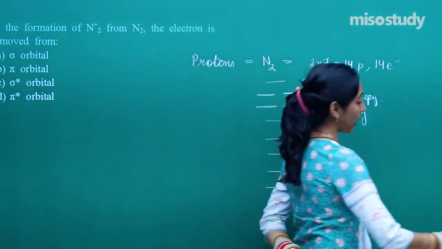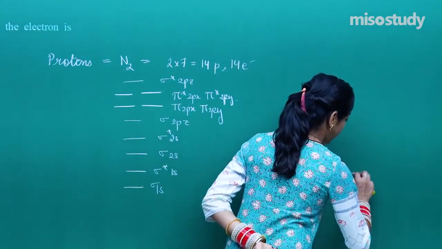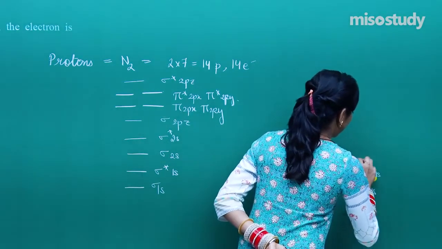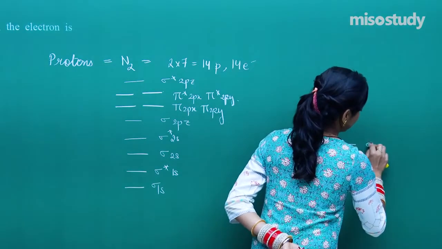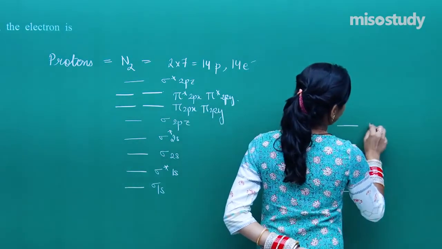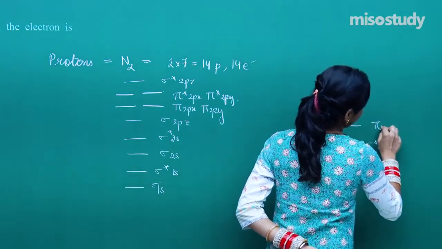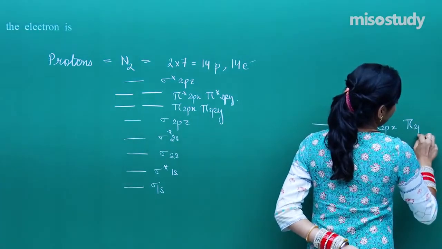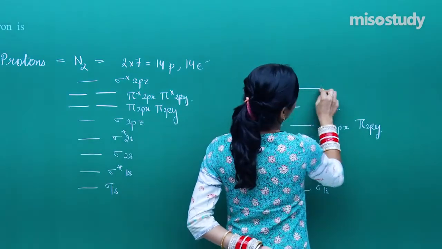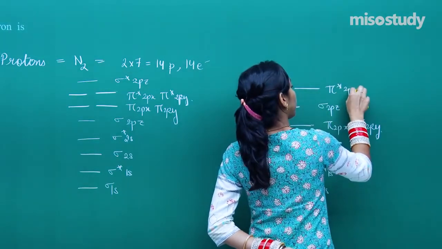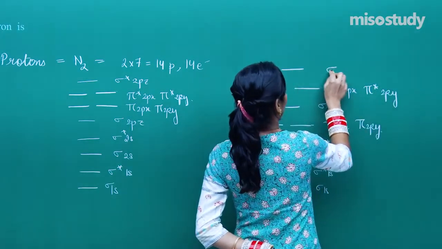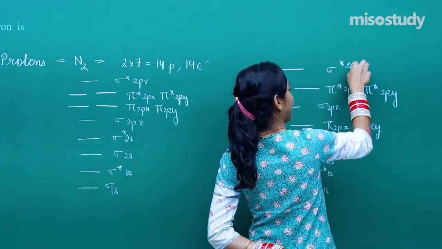And the other diagram that we have for molecular orbital is sigma 1s, sigma star 1s, sigma 2s, then we have sigma star 2s, right. Then we have pi 2px and pi 2py, then we have sigma 2pz, after that we have pi star 2px, pi star 2py, and finally on the top we have sigma star 2pz, right.